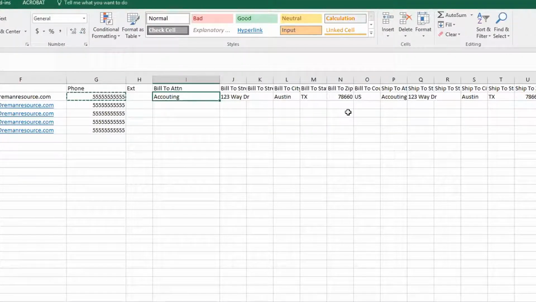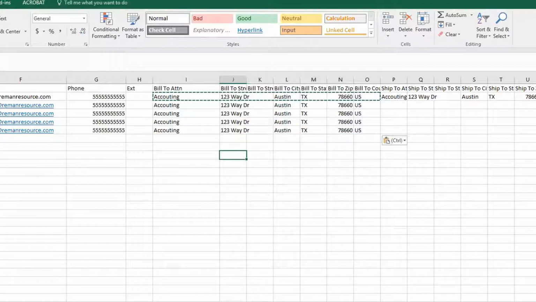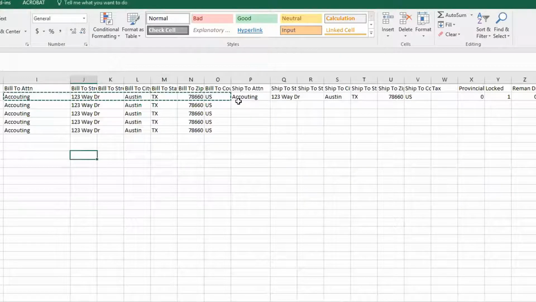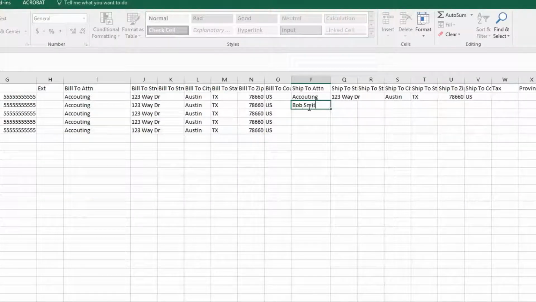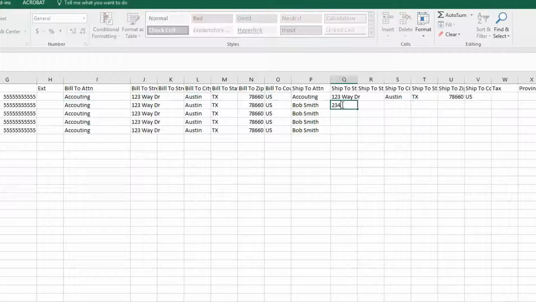If they're all billing to corporate, then you can basically copy this whole thing down, and everybody will be billed to corporate. And then for the ship to, where it says ship to up here at the top, whatever you want to put on these order forms, let's just pretend it's all different information. And then again, the ship to information, you know, 234 Way Drive,